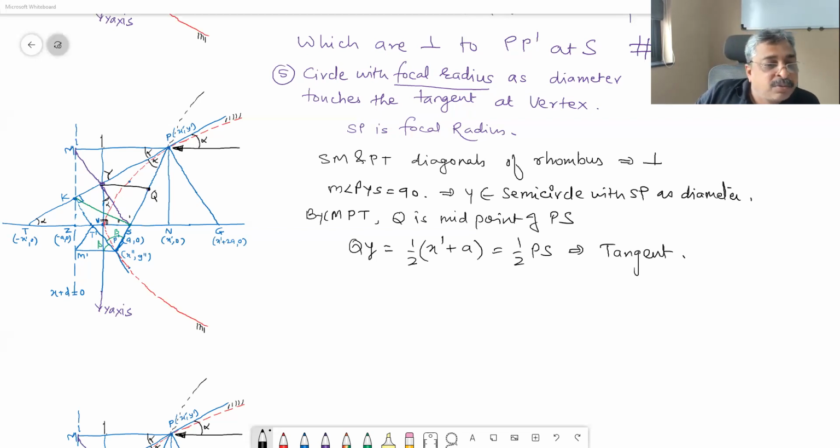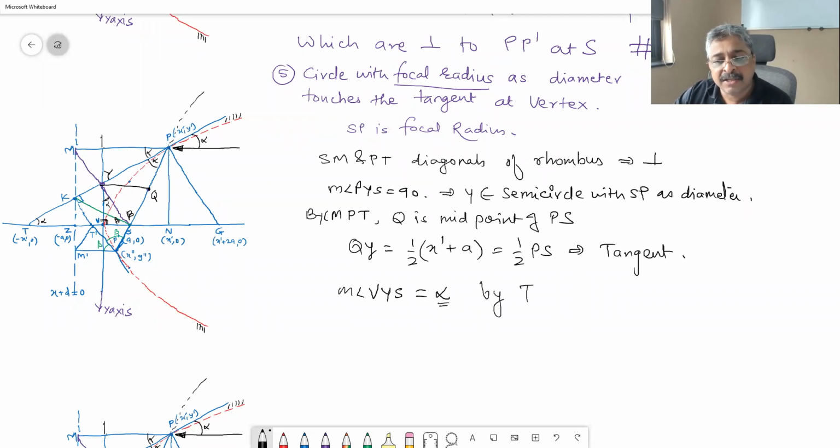Okay, one of our students is saying that the major angle VYS is equal to alpha because it is a rhombus. A couple of other angles are also equal. In fact, this angle is beta and this angle is beta because these two are parallel lines, perpendicular to the same line. Therefore, they are beta, beta, and therefore VYS is equal to alpha, and by tangent secant theorem,